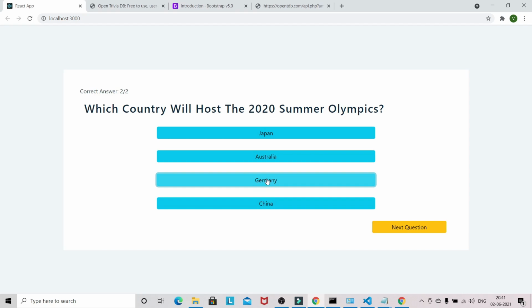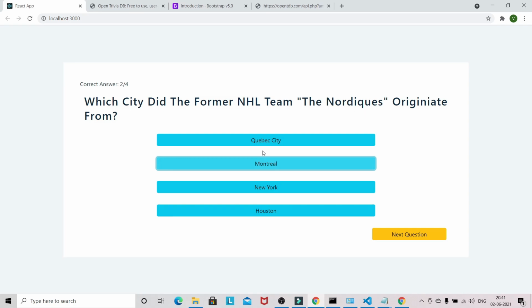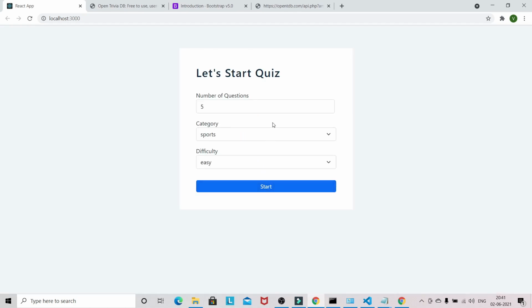I think China was supposed to. I don't know. Sorry. Which team won the 2014? No idea. Let's give Brazil, I think. Sorry. Okay, so now we got the model. The model opened after giving the answers to 5 questions, and you can play again. So it will redirect to the quiz form page.